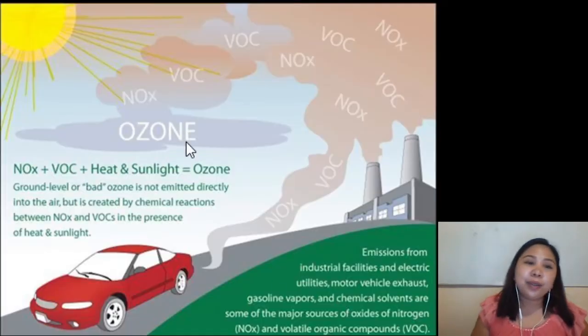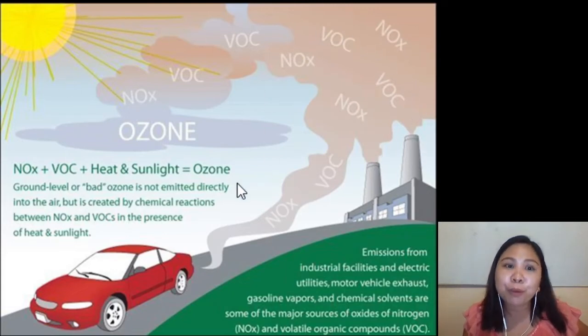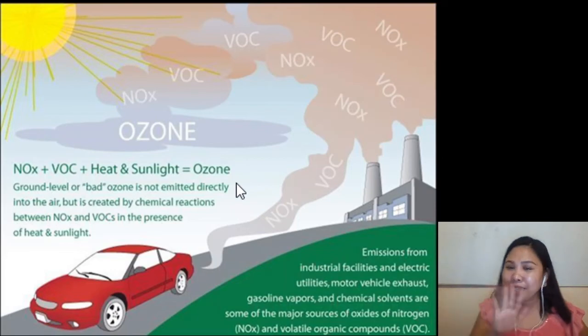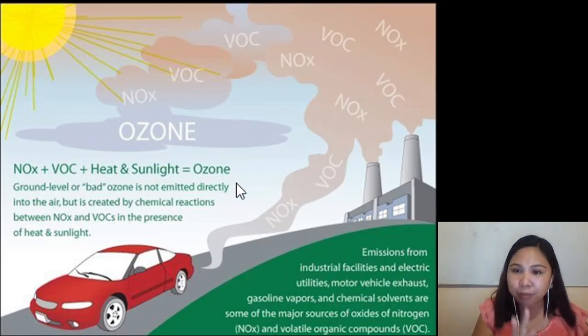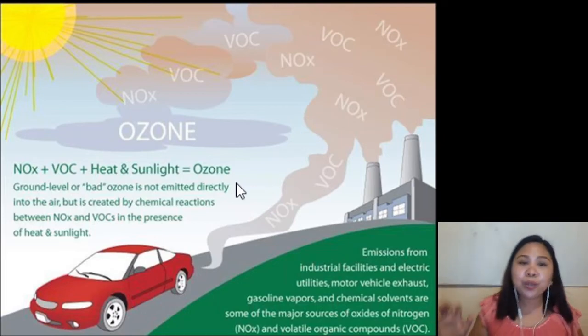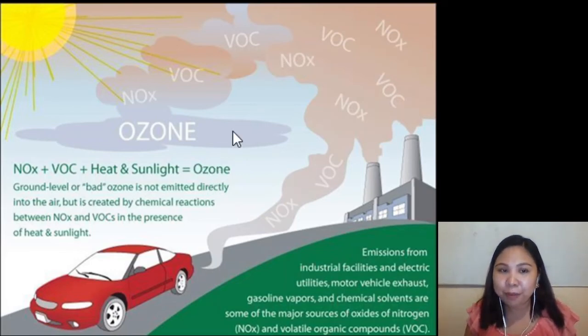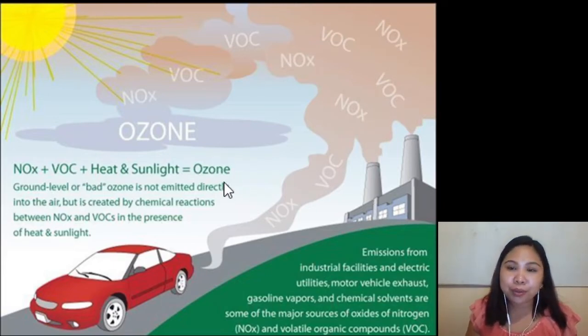Okay? So, eto na po yon. Pag naghalo ang NOx, VOC plus heat coming from the sunlight, actually, this is the chemical process of photochemical smog na nagpo-produce ng ozone. Okay, sana hindi kayo malito sa photochemical smog and sa pag-produce ng bad ozone. Ano po? So, they are closely related because ozone is a byproduct of photochemical smog. So, nagkakaroon ng bad ozone whenever magkaroon ng photochemical smog. Okay po?